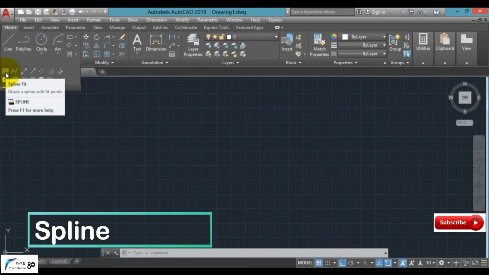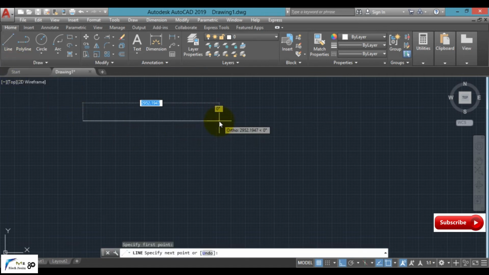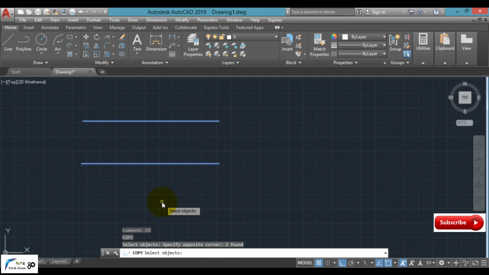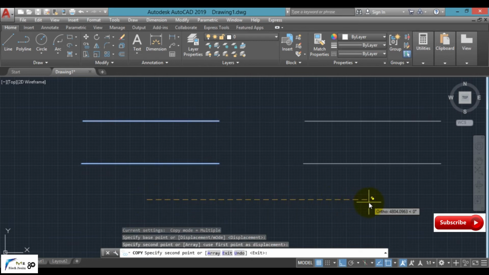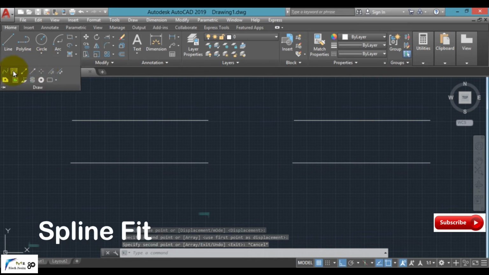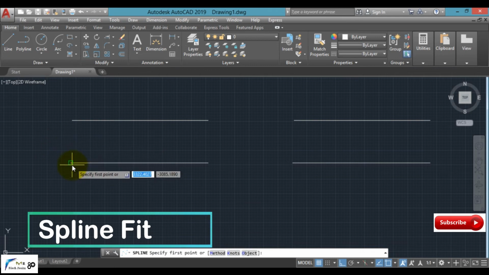We are here with our next command, that is spline. Simply we are going to select spline fit, and the next one is spline CV. For this, let me create two lines. Select the copy command and create another object like this. Clear? Now let me select the first one, that is spline fit.